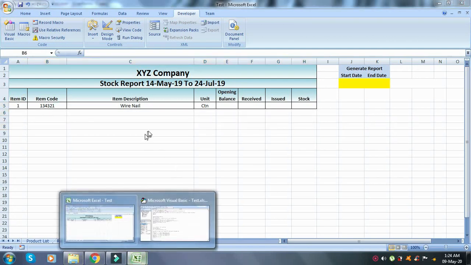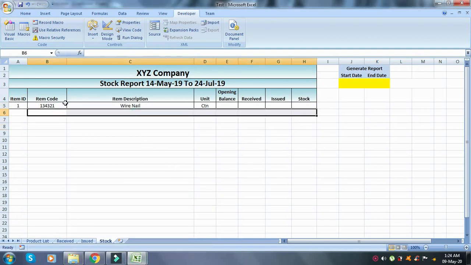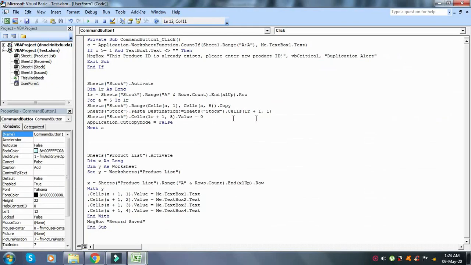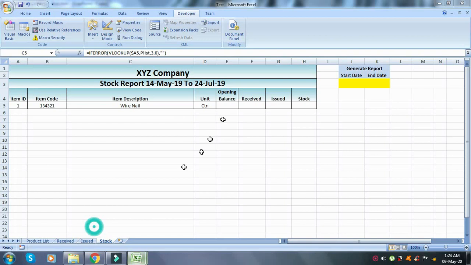So what will happen is it will not paste the data but the formula, because we have put the formula here. It copies the data of range A1 to A8 of the stock sheet, because there are 8 columns.